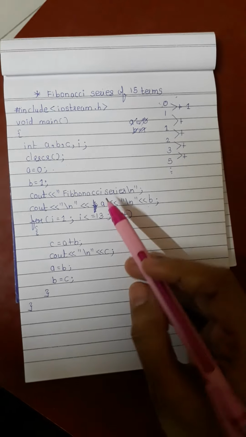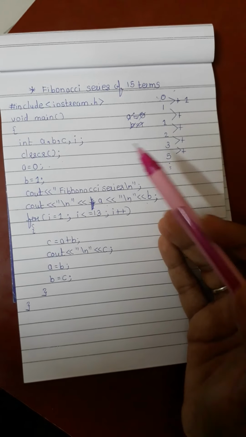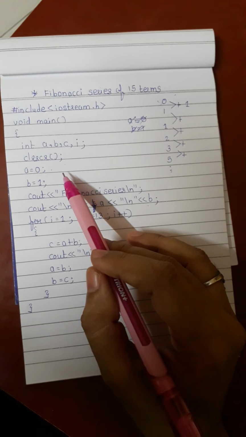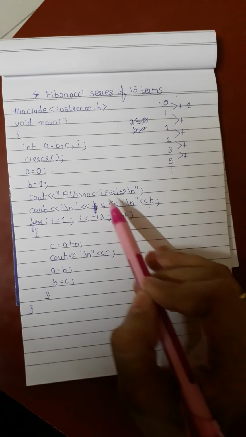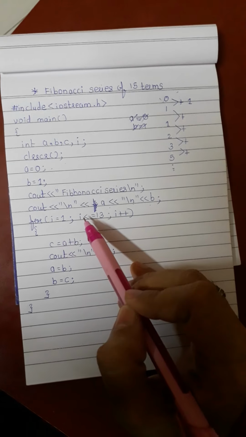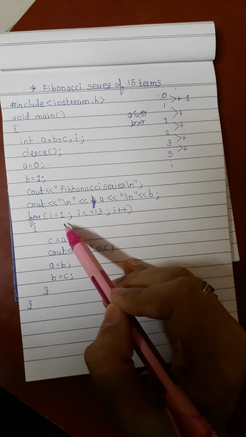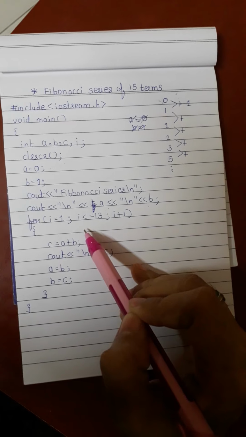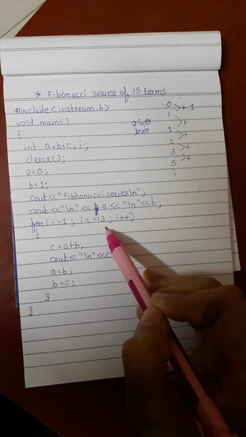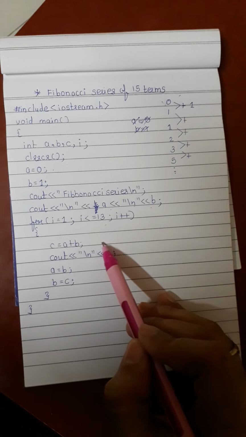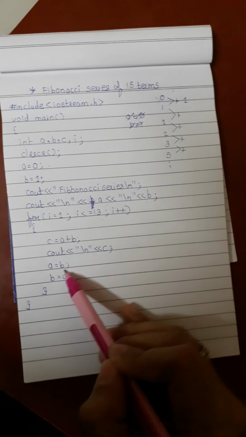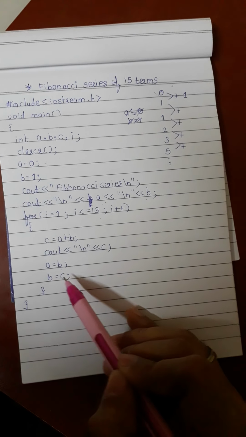After that we want to find out the Fibonacci series up to 15 terms, right? So already two numbers of the series we have initialized. So how many numbers remain? 13 numbers are remaining, 13 terms to be displayed. This is the reason why in the condition of the for loop I have written i equal to 1, and I will iterate the same logic to display the series 13 times by writing i less than or equal to 13. And in the logic I have done c equal to a plus b, then I simply displayed the value of the c variable. Then I have exchanged the values, that is a equal to b and b equal to c.